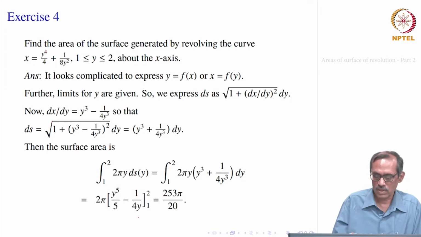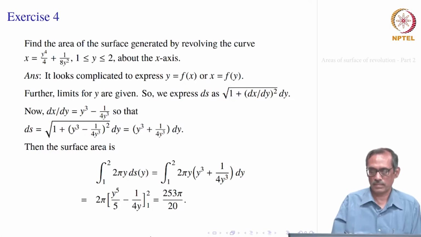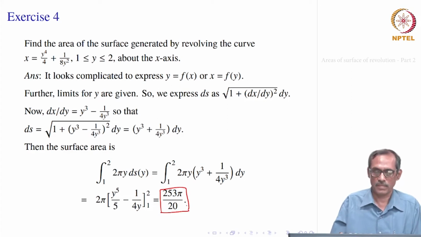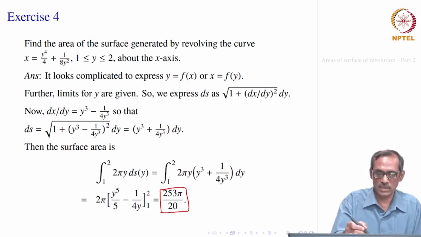Now, we integrate this. So, first one is y cubed, that gives y fourth by 4 times y, that is y fifth by 5, next one is 1 divided by 4 y square, that gives minus 1 by 4 y, right. So, it is 2 pi times this, evaluated at 1 to 2. So, verify that simplifies to 253 divided by 20 times pi. So, here is a trick where if you use the unified formula, it will be easier. If you go directly, it will be a bit complicated.